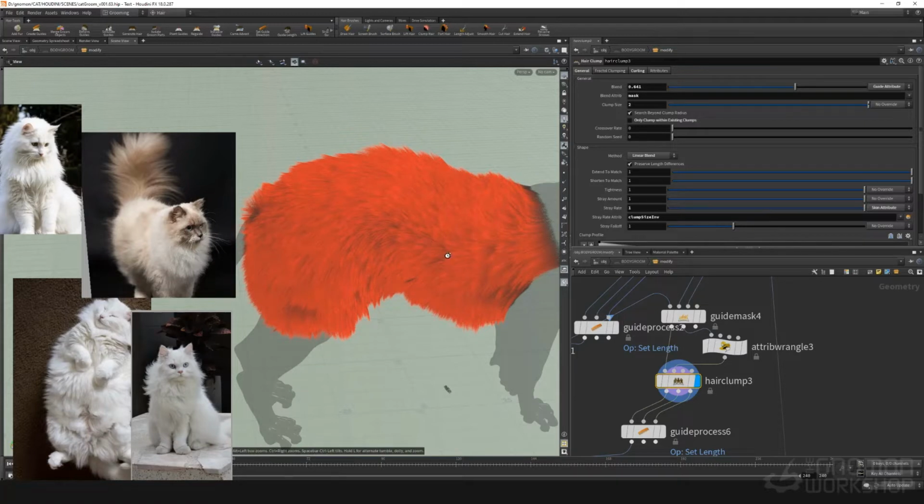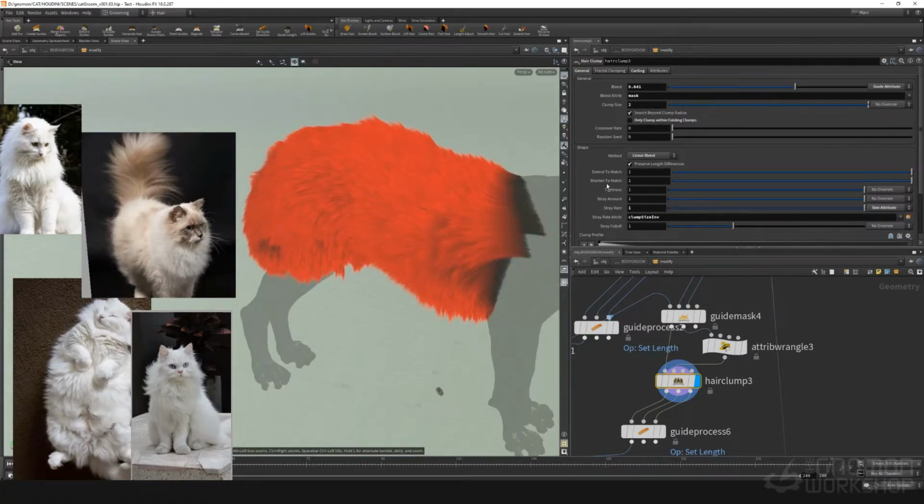Then we can use the inverted map for the stray rate while we use the